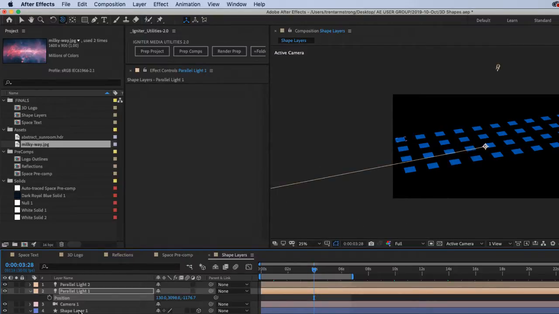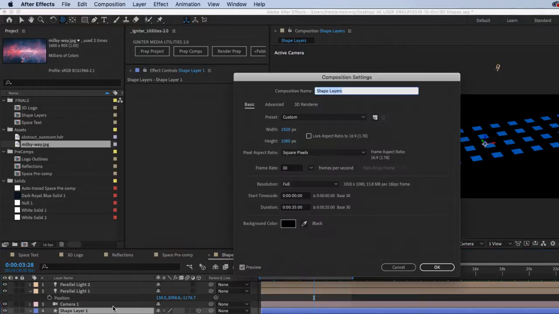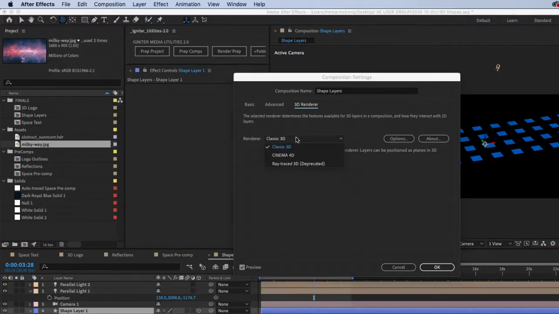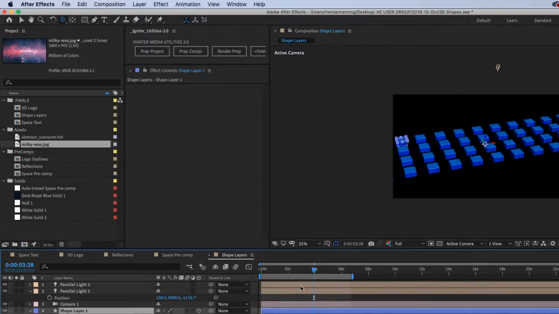Oh, I don't even have it extruded. Oh, you're on classic 3D. Yeah, so now I go 740. Extruded. It still has my extra stuff on it, I think. Extra side color.